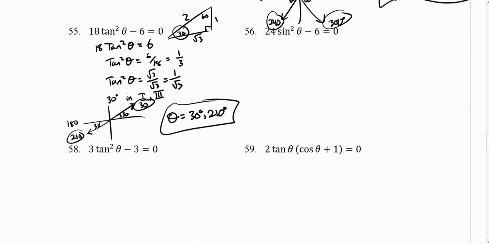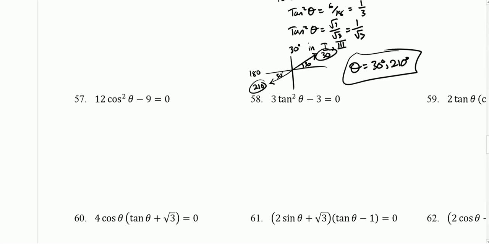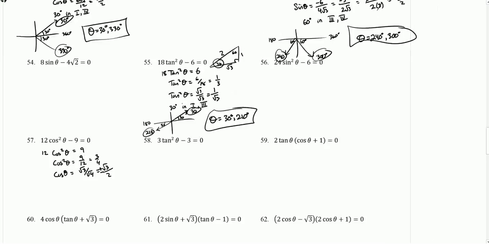57. I'm going to add 9, so you get 12 cosine squared theta is equal to 9. Divide by 12, get cosine squared theta is 9 over 12. Reduce that to 3 over 4. Take the square root, you get cosine of theta is equal to root 3 over root 4, which is root 3 over 2. Should be plus or minus. And actually, I